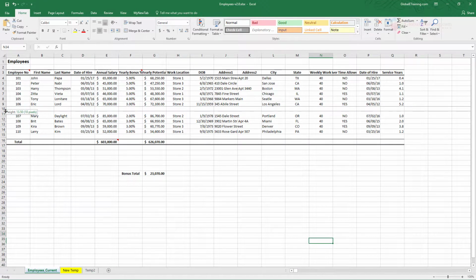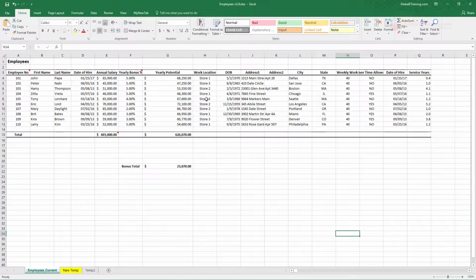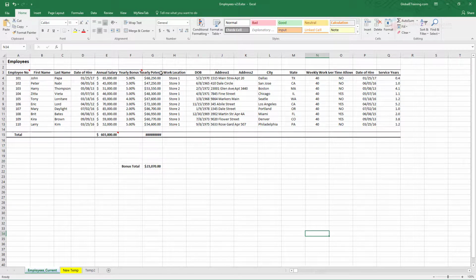You can do this. Now this is all manual adjustment. You can also do automatic adjustment, meaning say for example, you can see this yearly potential is not clearly visible, meaning I can do this. Now this is using more than what it needs, and if I do this, the display is not clear. One of the simplest ways is automatic adjustment, and for that